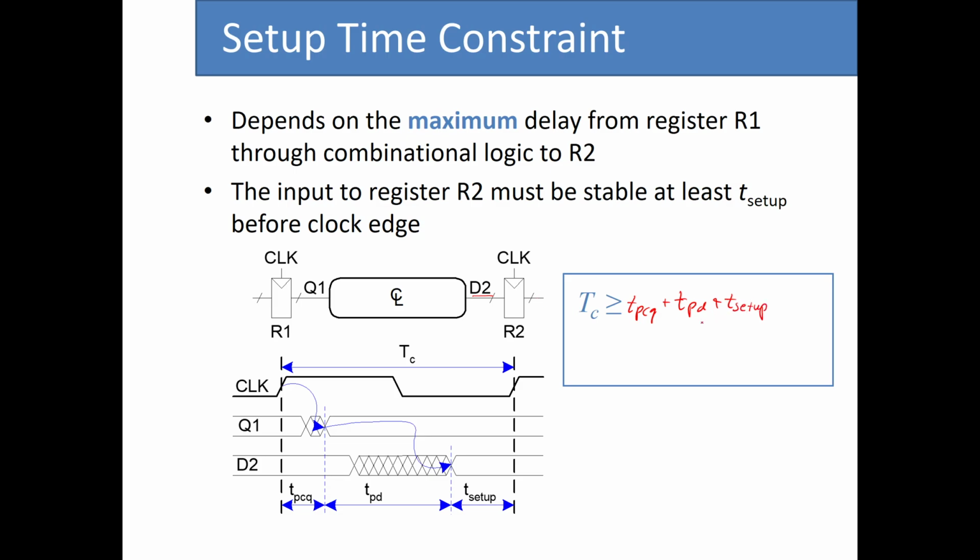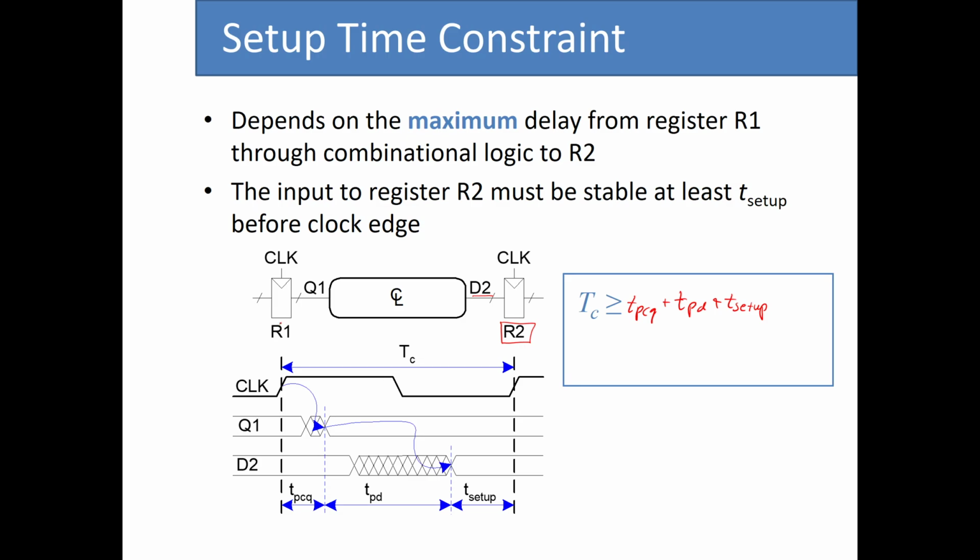So if this condition is satisfied, the setup time constraint for R2 is satisfied. Because no matter how big TPCQ or TPD are, the sum of these three values is always smaller than TC. So that means that we have at the minimum T setup time for the data at the input of R2 to be stable. So since we usually don't have any control on the propagation delay,